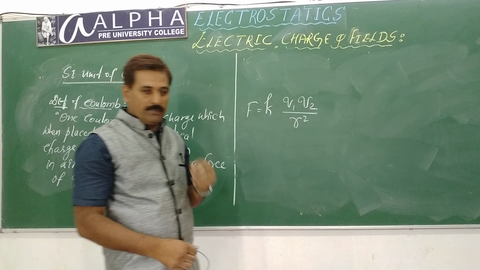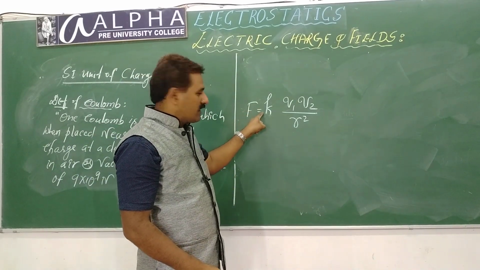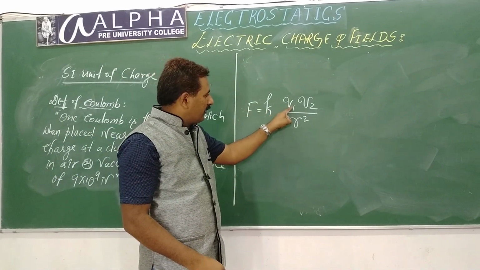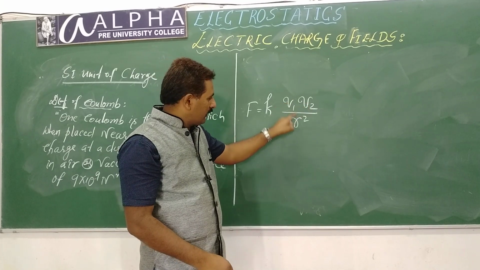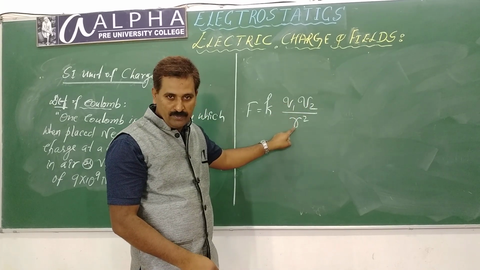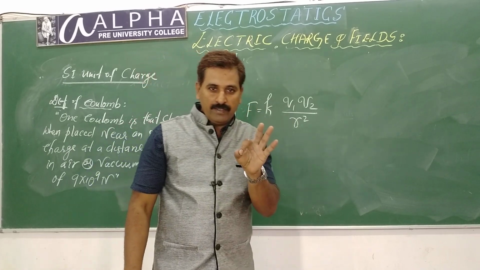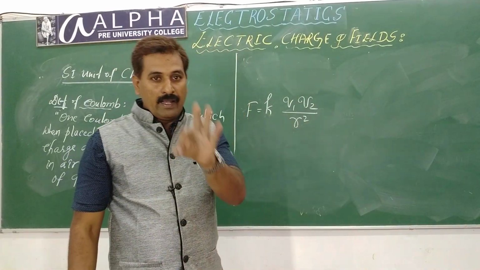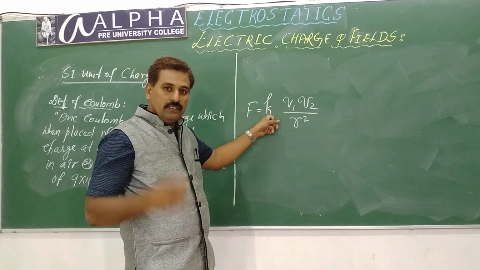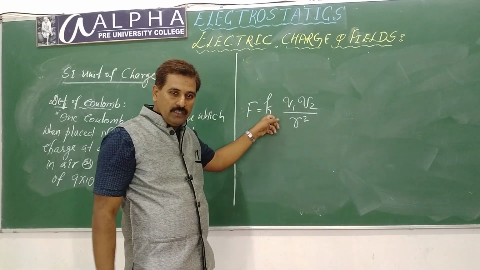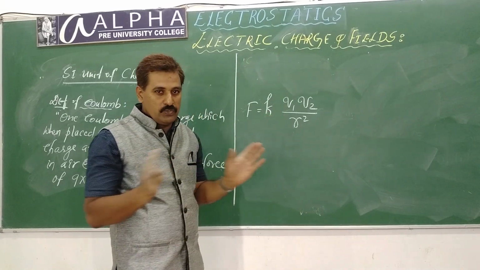We learnt in the last class about Coulomb's law. The force between two charges is directly proportional to the product of the magnitudes of the charges and inversely proportional to the square of the distance between them. The constant of proportionality is given by 9 × 10^9, and the value depends on the system of units chosen and the medium. This much you know, right?